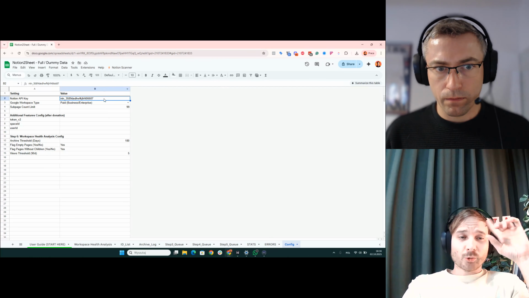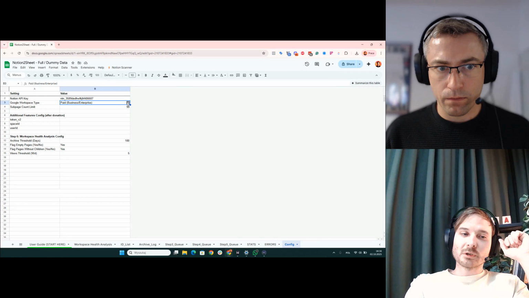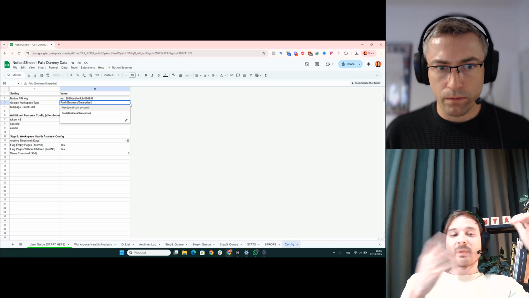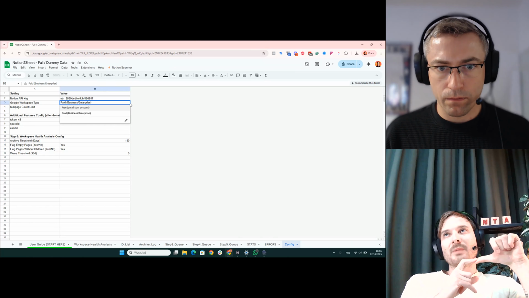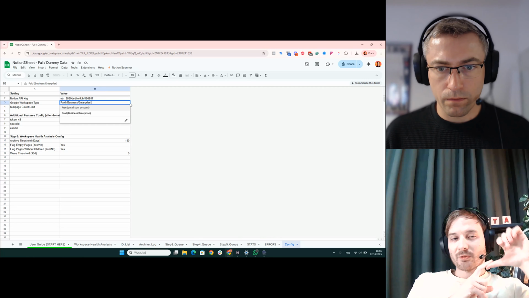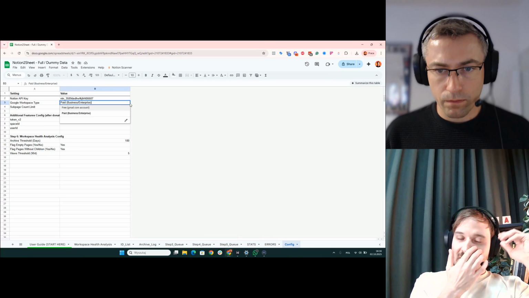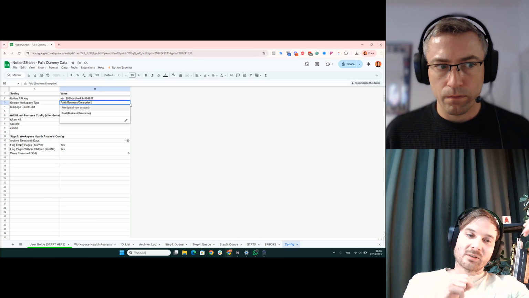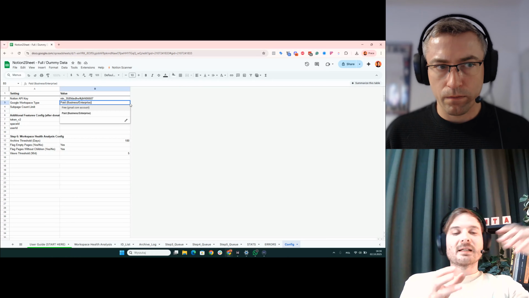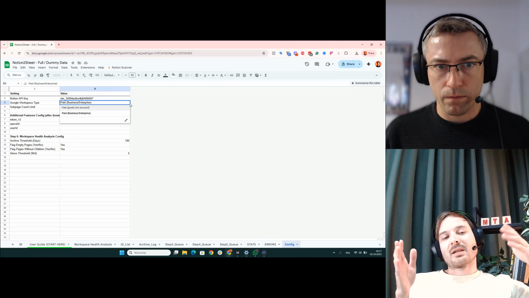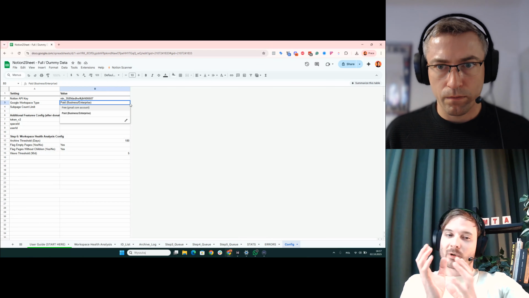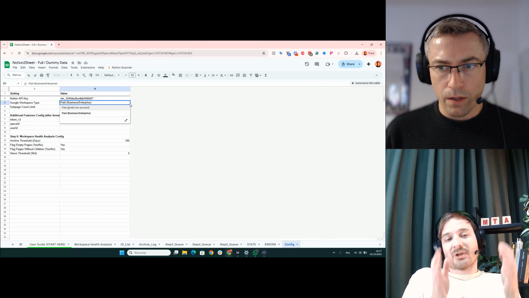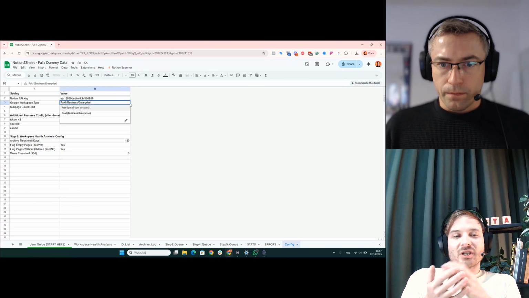Then, which is super important, you need to pick the Google Workspace type, because if you have a free Gmail account, that means the script can only work for 6 minutes. That's the maximum time within the Apps Script, right? If you have a paid Google Workspace, then the script can work for 30 minutes, and it changes the whole script, how it operates, because it has to basically cut the whole procedure, the whole action, into some